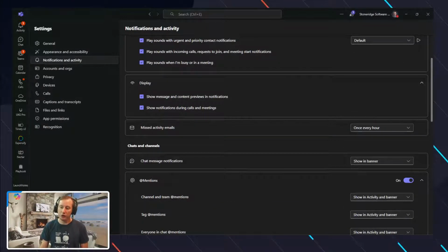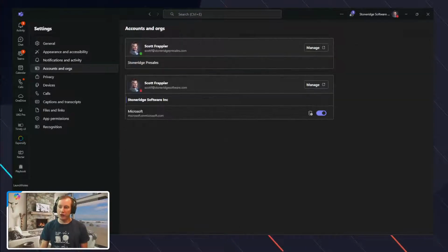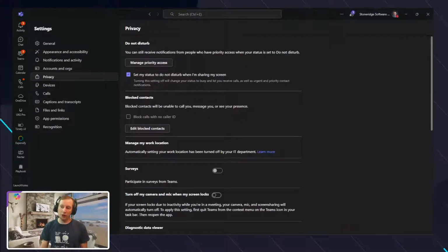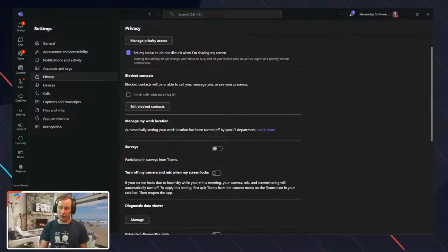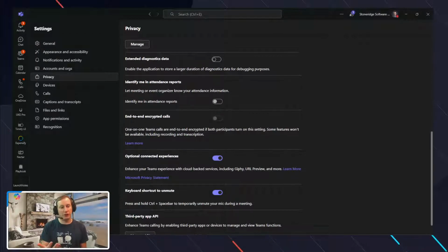So it does provide some of those settings to make quality of life a little bit nicer. And remember, what I'd really recommend for you to do is go through these settings so you can see, for example, what is my priority access? How do I block calls with no caller ID? Maybe that's something that you want. Or do you want to actually have surveys in Teams as you're going through that, right? So there are different types of settings that interact with Teams and expose some of these capabilities as you go through it. Those big ones really are the ones I mentioned to start here as part of this.